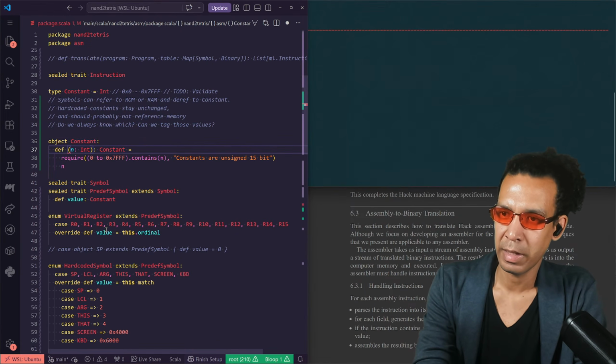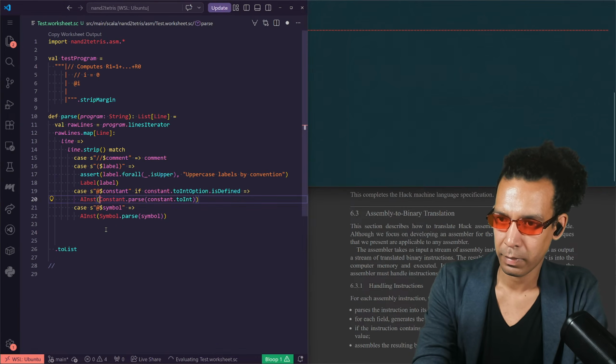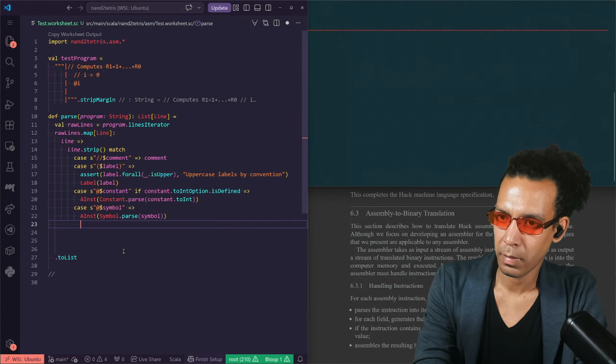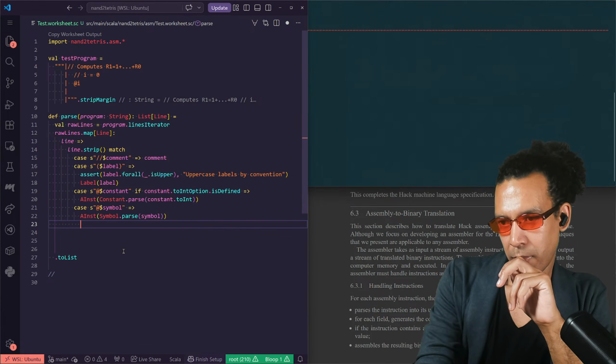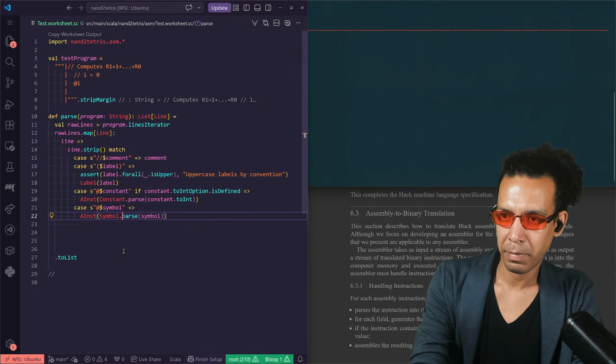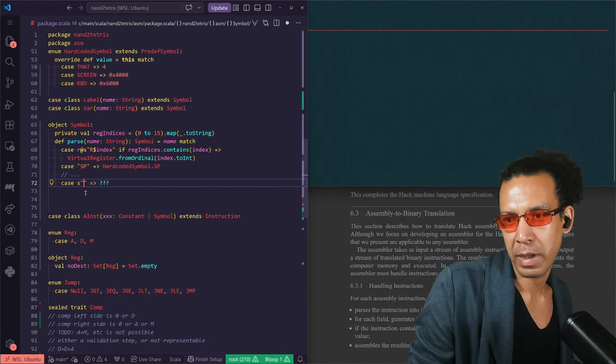So this apply, I'm going to rename that to parse. And if you go back to Symbol.parse here,